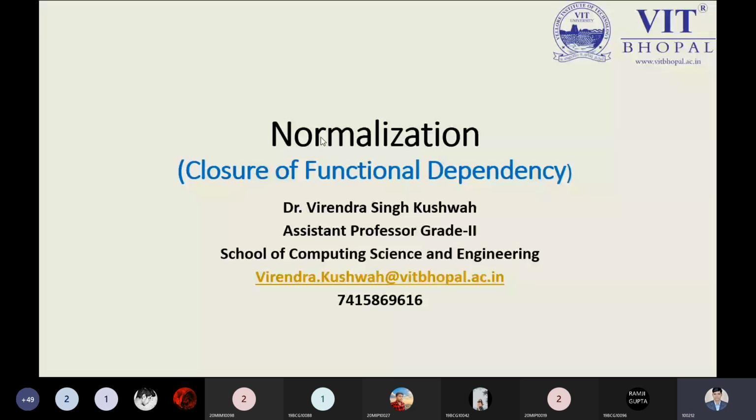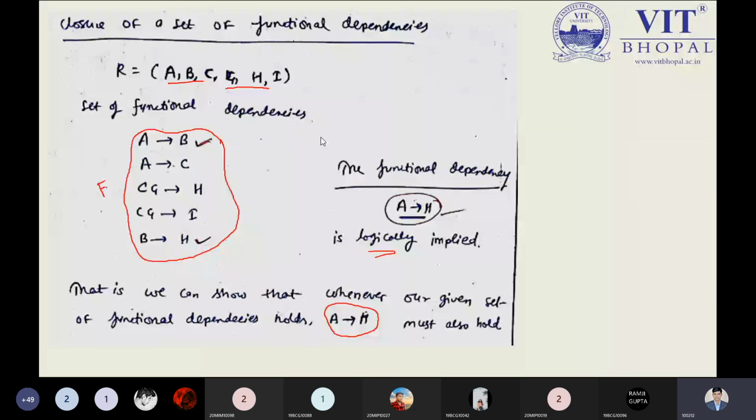In this slide, at the initial level, I am sharing this question right now. We will try to understand our concept by seeing this question. This question is about the closure of a set of functional dependencies. Please focus on my words, because today's class is more important, where we have three different concepts, and each and every concept has its own different meaning. Once you skip, nothing will be clear to you. So to avoid confusion, listen properly.